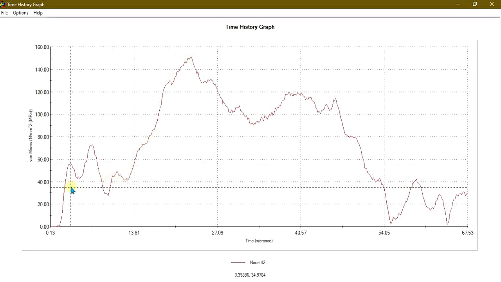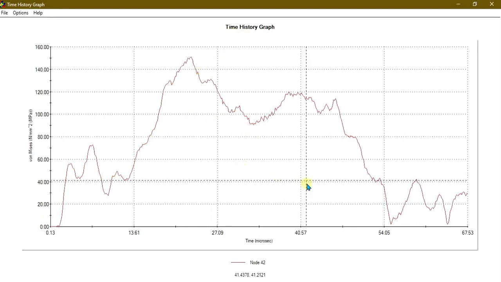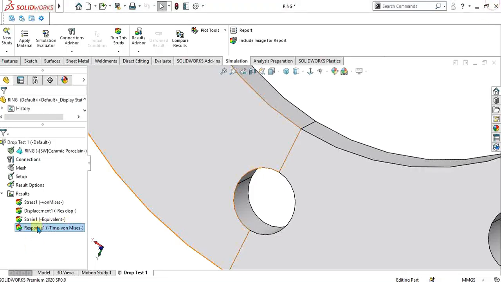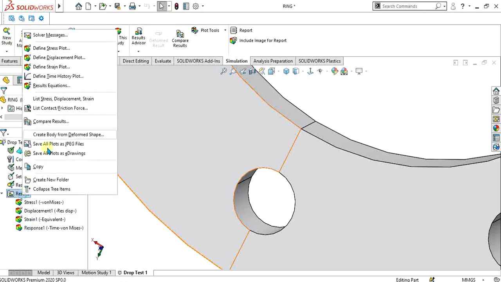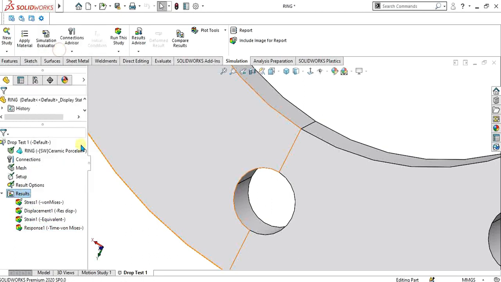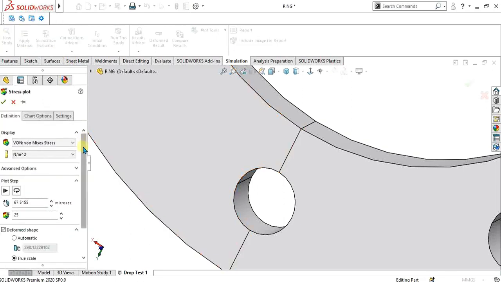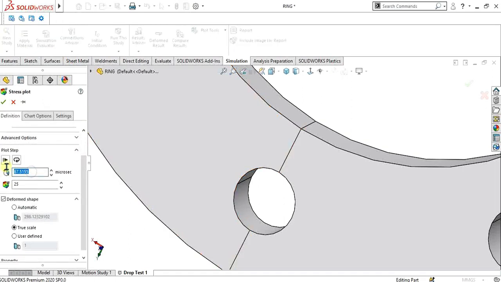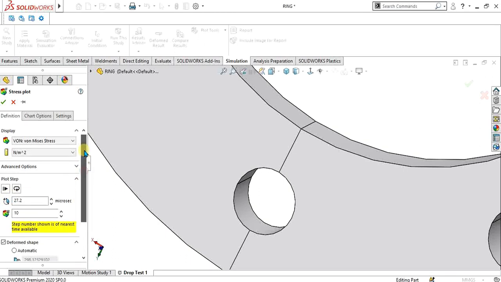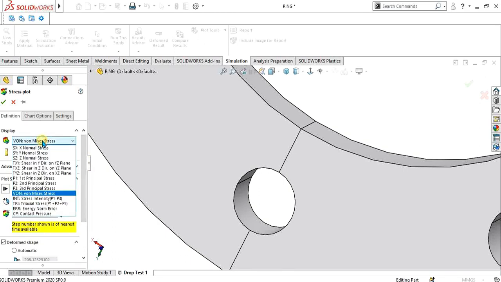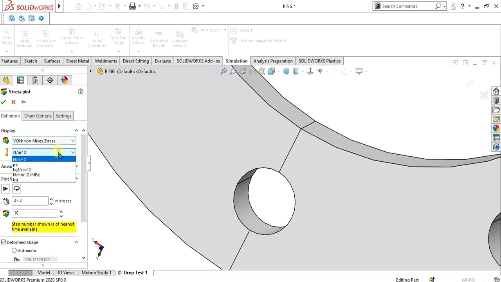Using this time history graph, this is very useful for the results and answers according to your study. If you want to add a stress plot, you find stress plot from here and select 27.2 microsecond from here, at which our maximum von Mises stress is highest.